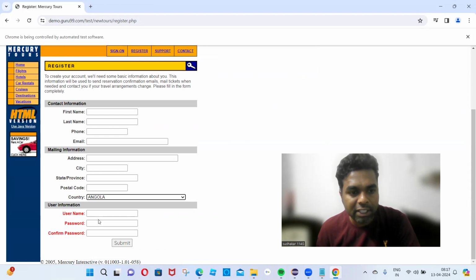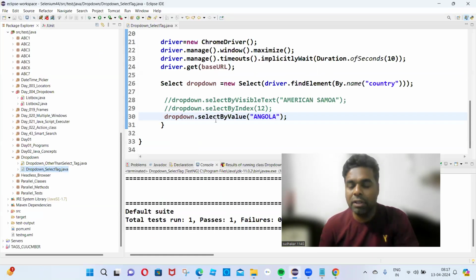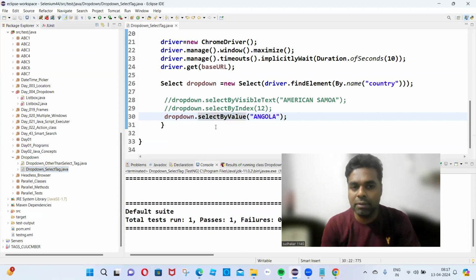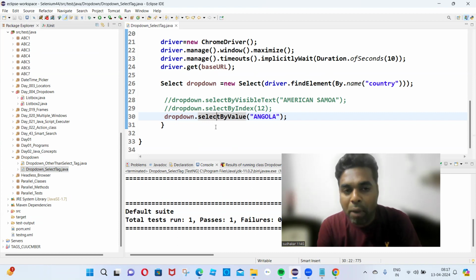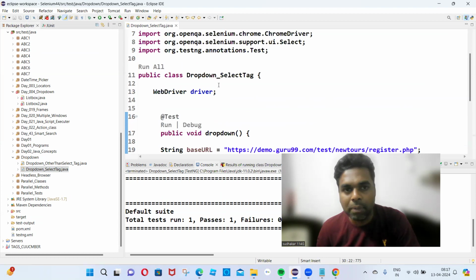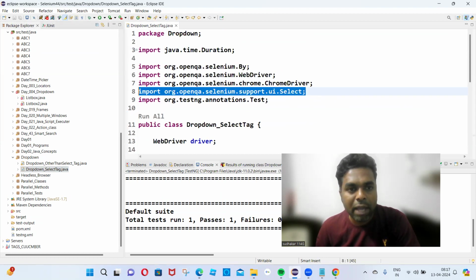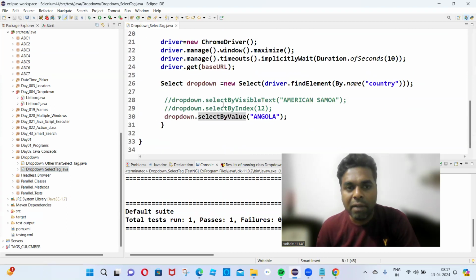Okay, this is navigated. See, Angola has been populated. So in the interviews, people will ask a question: how do you handle dropdown? So you have to tell in the interviews, we have to import the Select class. Because this is the import statement, we have to import the Select class, and we have to write the